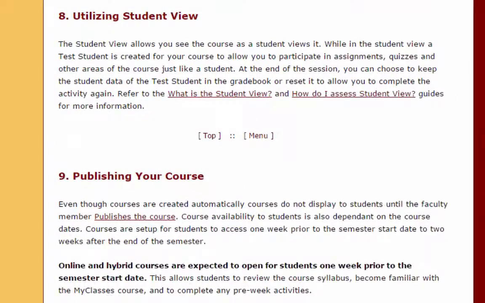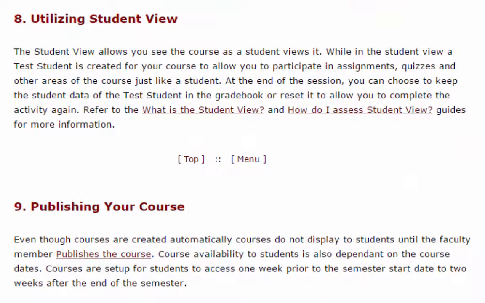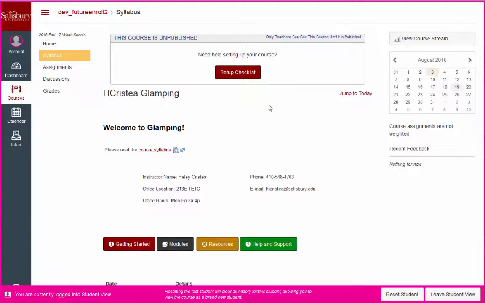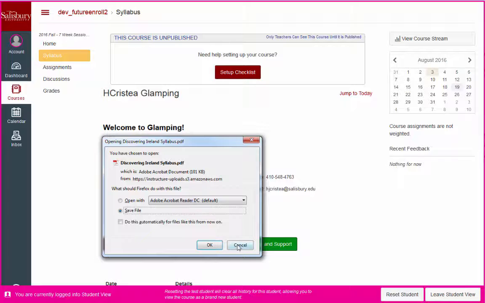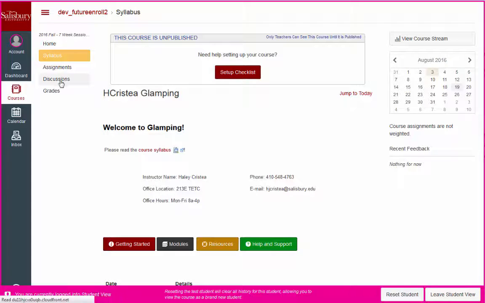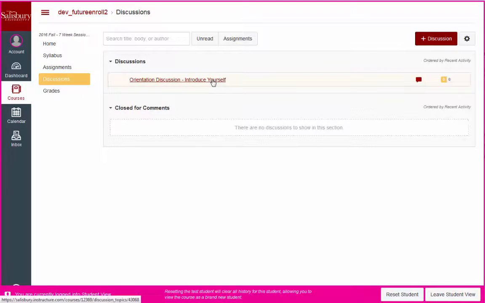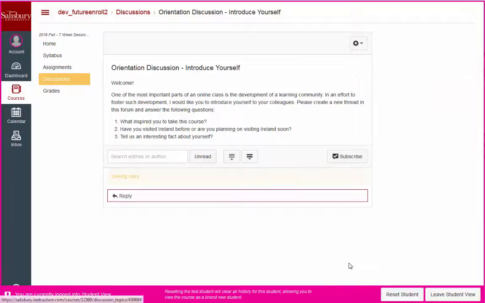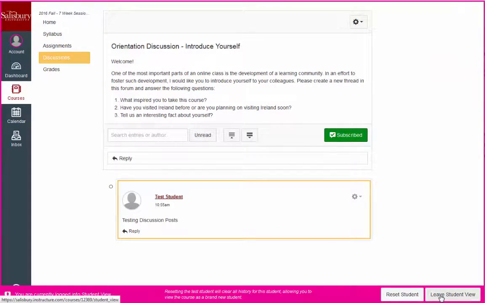After making so many changes to the course, the checklist explains how to review the course from a student point of view. In Student View, you can review the content layout, test links, and even participate in course activities, such as discussions, assignments, and quizzes, to make sure all settings are working properly. As the instructor of the course, you will be able to see all these course elements even before the course has been made visible to students.